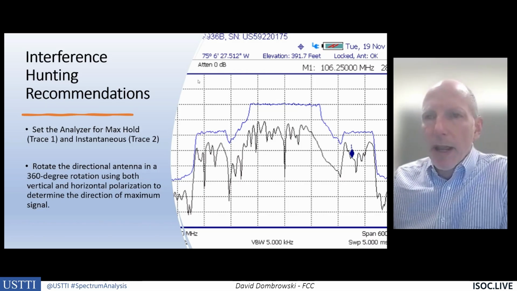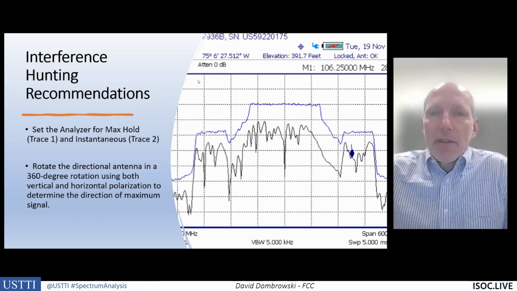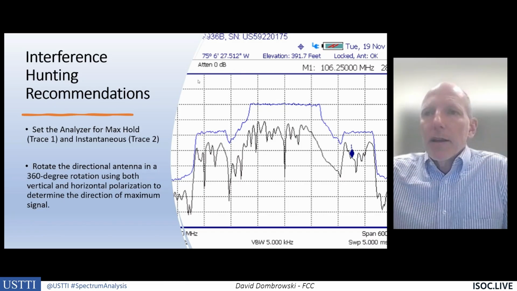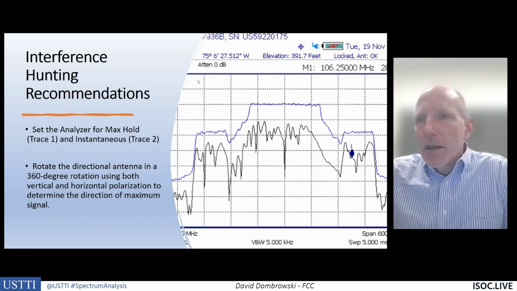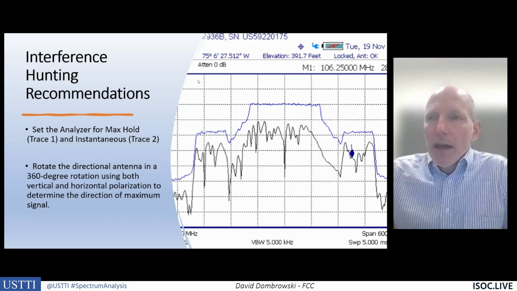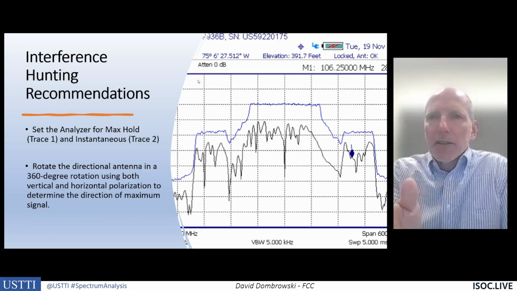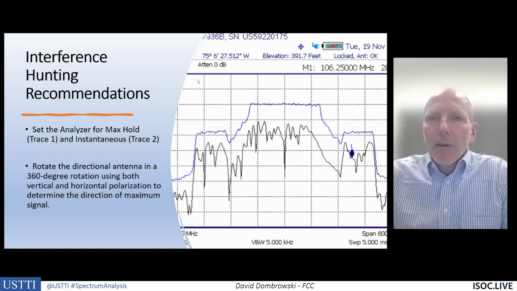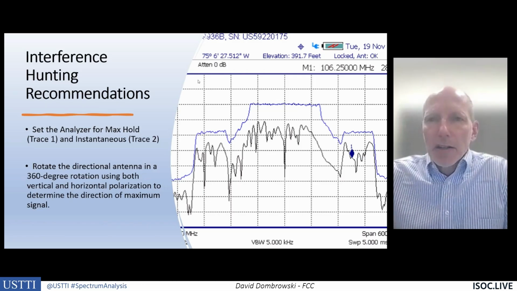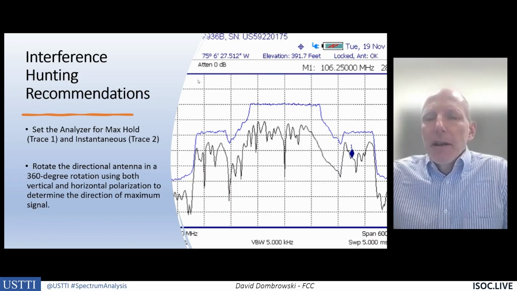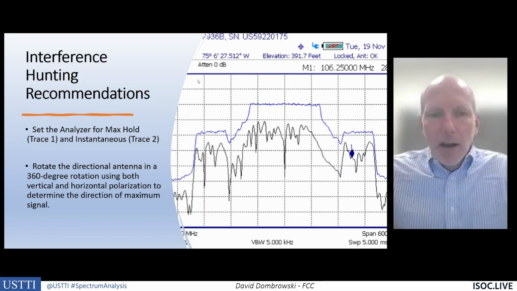If you have a very broadband antenna, the beam width is going to be very broad, very wide. So pay attention to the beam width of your antenna. Sometimes they're 30 degrees beam width, and so you're not going to get very good accuracy. The narrower the beam width you have on an antenna, the better direction you're going to get of the signal. So pay attention to the beam width of the antenna, and rotating that antenna around and finding out